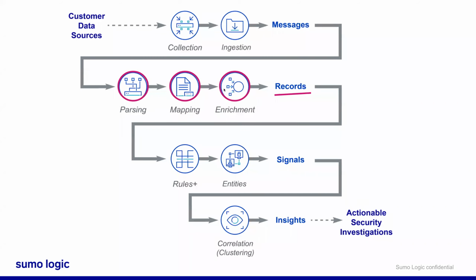So the system is going to take those messages that get ingested, parse them, enrich them, map them, and turn them into Cloud SIEM records. Once they're turned into records, these records are going to be compared to rules. If a rule is triggered, then an entity is going to be extracted, and we'll talk about what an entity is shortly. And a severity score is also going to be assigned, and then a signal will be created. So from those records, they get compared to rules. If the rules match or trigger, then potentially a signal will be created. Now, if you have enough signals that cluster together, then they become an insight.